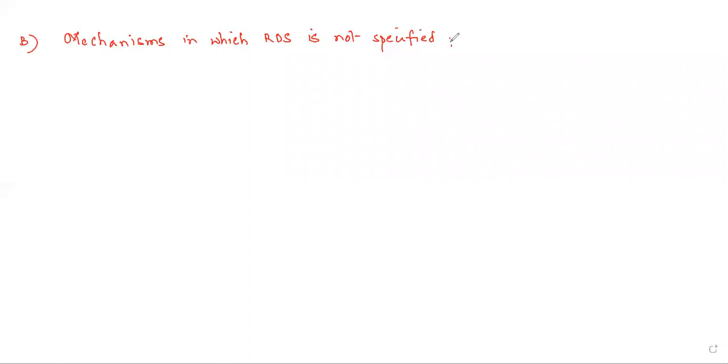So in this case, we will be going for steady state approximation, which is going to be very interesting. Now, in general, if we consider a reaction,